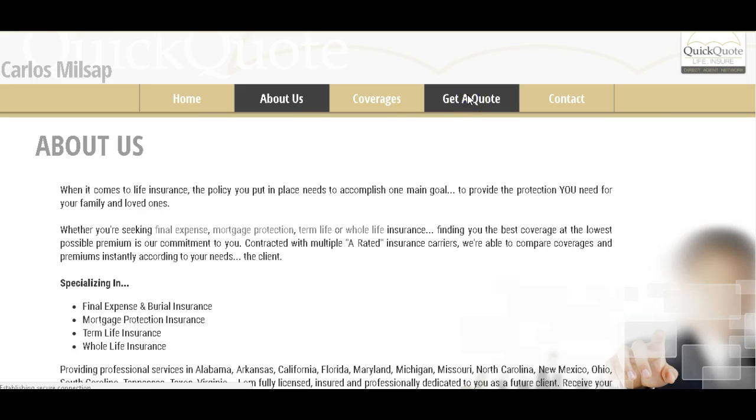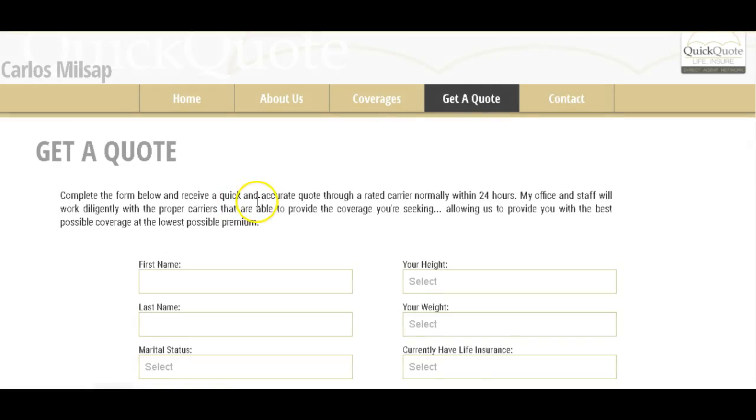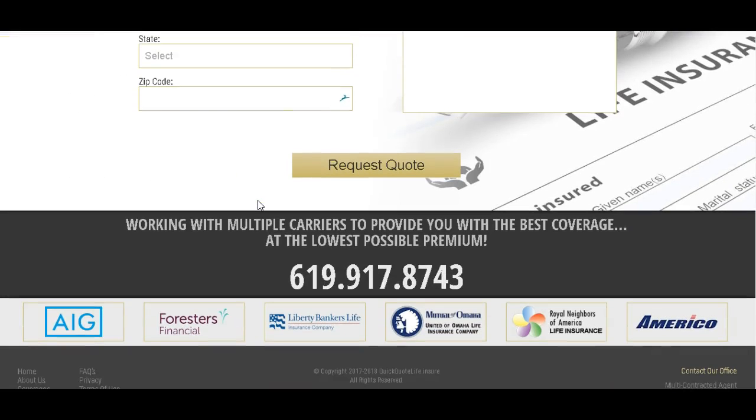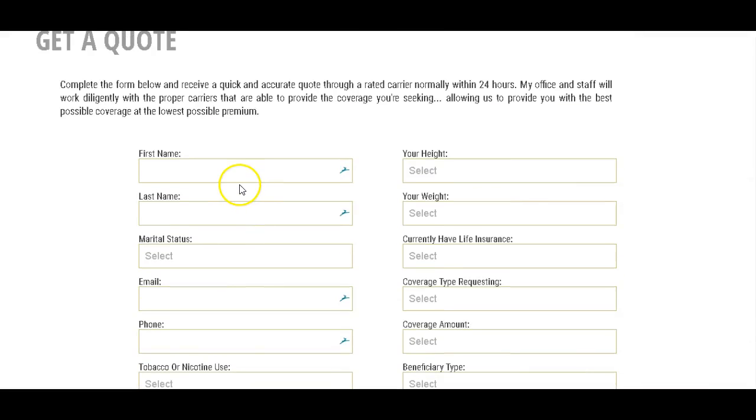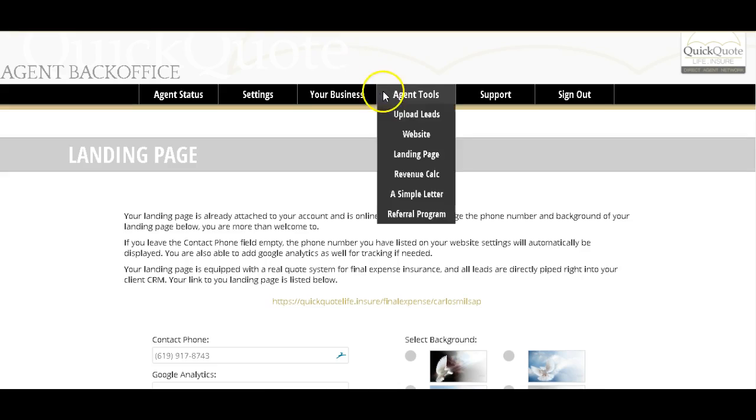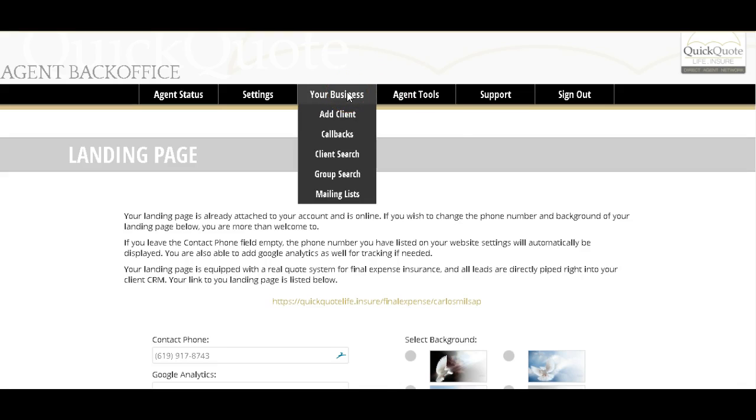They can come in here and get a quote, so they can go ahead and fill out the form, and then you'll get that. This will download. This would populate directly to your fresh leads in your back office. So when you go in here to look for your clients, it'll populate as a fresh lead. Okay, so now